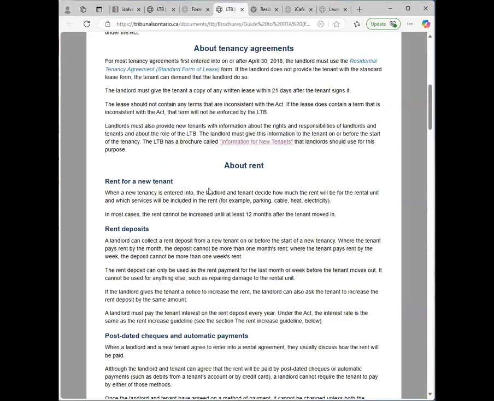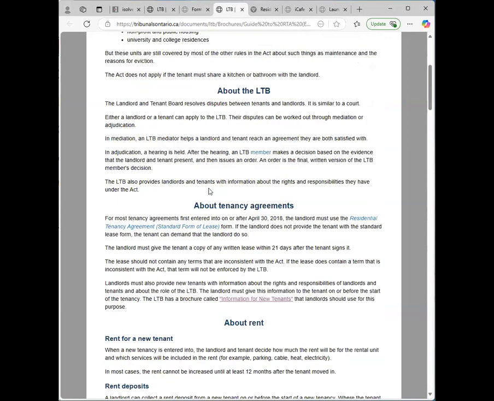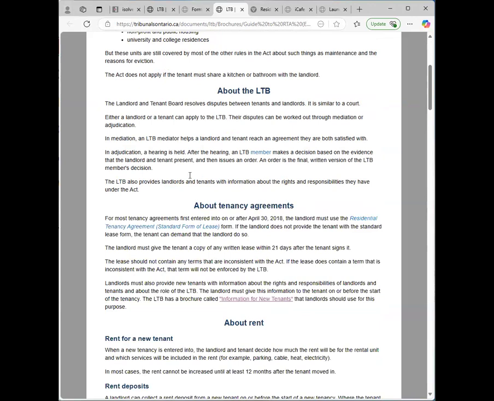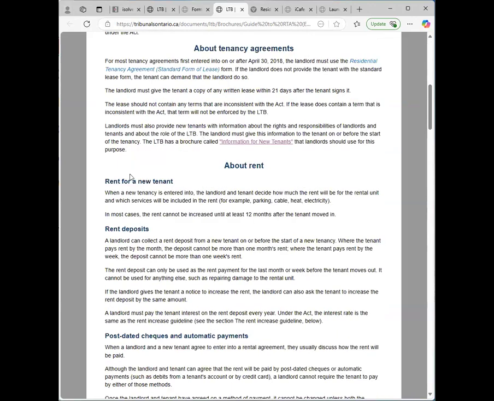But let's go back into this. If we're back into the tenancy agreements, this is again the Guide to the Residential Tenancies Act. Going down here, rent for a new tenant. In most cases, they're saying when a tenancy is